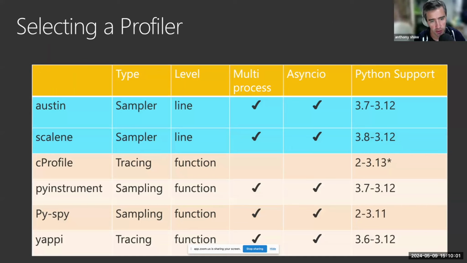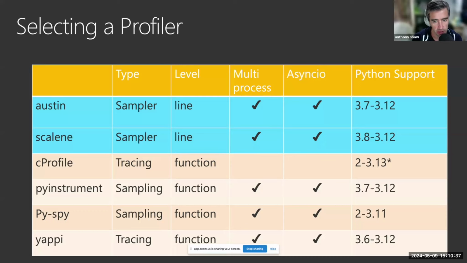When you're selecting a profiling tool, I grouped them into these two categories, which is a tracing profiler and a sampling profiler. Samplers basically have less overhead. So with a sampler, it doesn't make the code run slower, but it's less accurate. So a tracer will be more accurate, so it'll give you more accurate times and tell you which functions are run and how many times, but it will make the code run slower. So you definitely don't want to introduce a tracer in a production environment. And also you might find that if you add a tracer in a large or complex application, it actually makes it so slow that it's unusable.